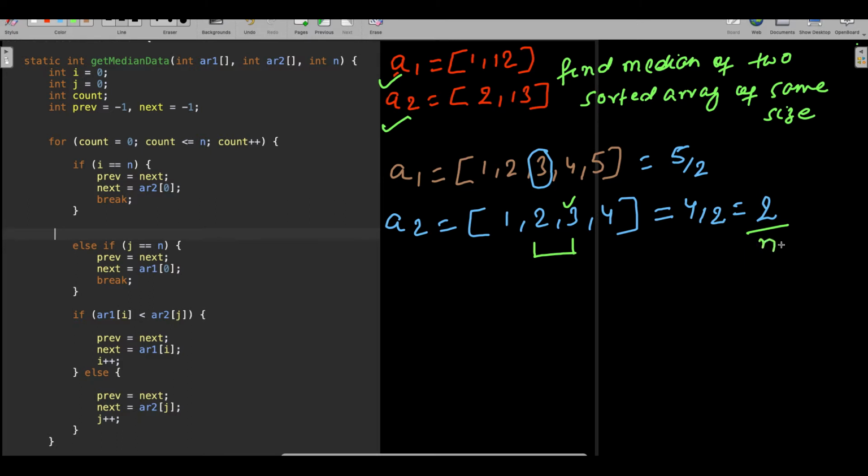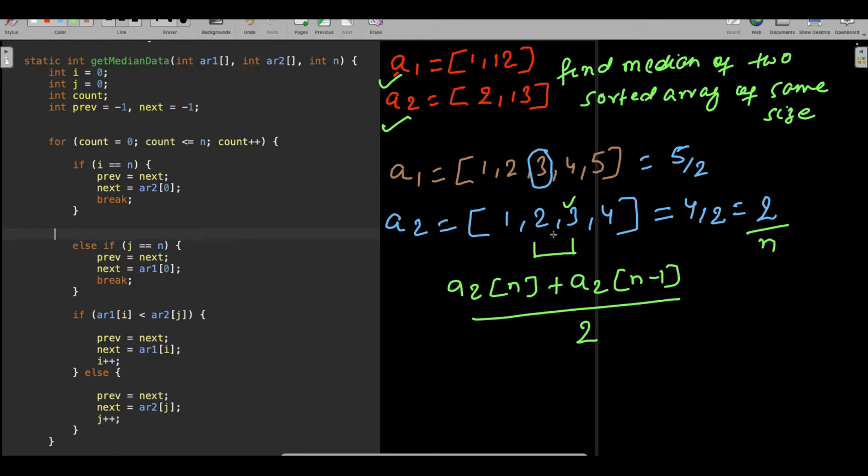So in case of an even number, for whichever array you have, a2, you always go for a2 of n plus a2 of n minus 1, divided by 2.